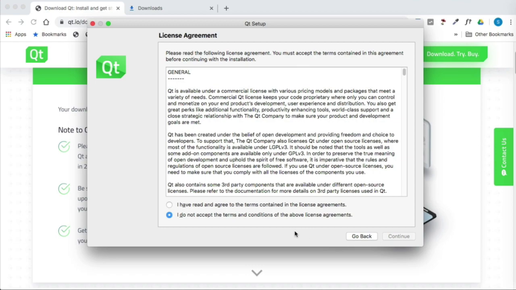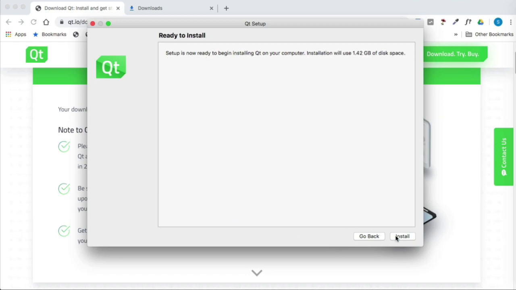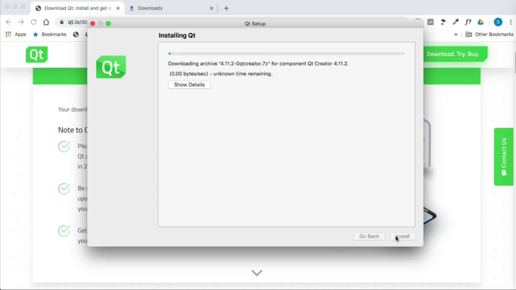Now again agree the terms and conditions and click on the install button. Now it will take some time because it totally depends on your internet speed, and the packages are large. In this case I think it's above 1 GB. So wait for the download to complete.